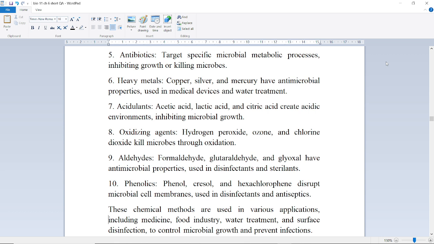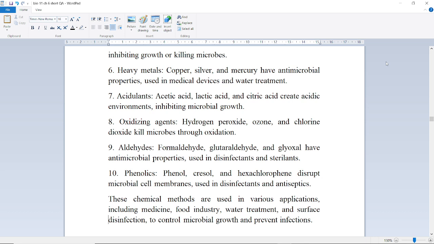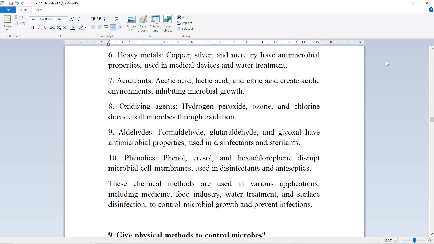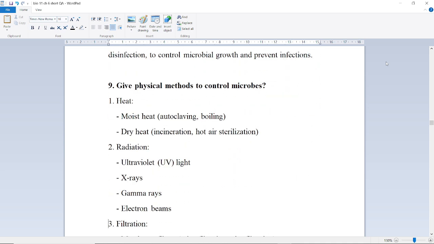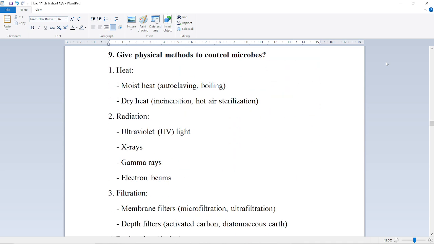These chemical methods are used in various applications including medicine, food industry, water treatment, and surface disinfection to control microbial growth and prevent infections. Next question is, give physical methods to control microbes. First one is heat. Moist heat, autoclaving, boiling; dry heat, incineration, hot air sterilization; radiation, ultraviolet light, X-rays, gamma rays, electron beams; filtration,